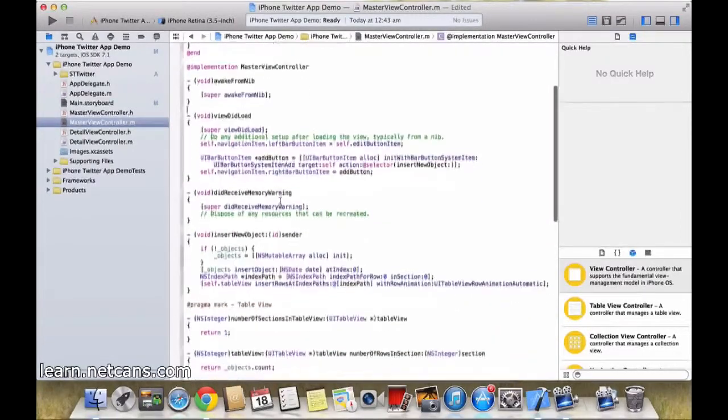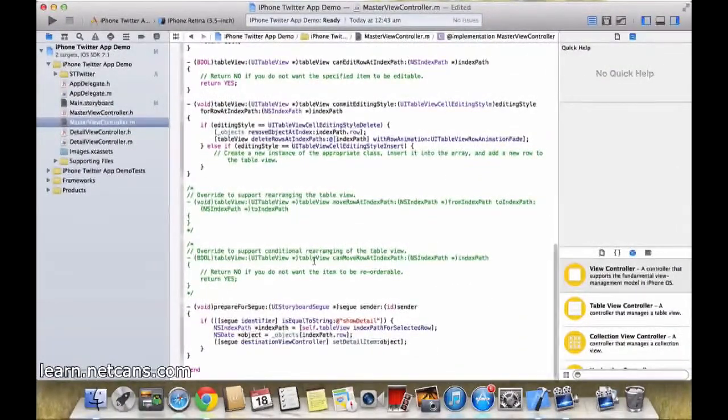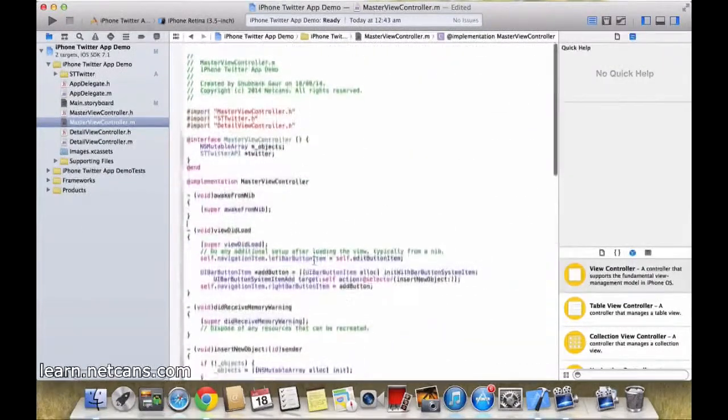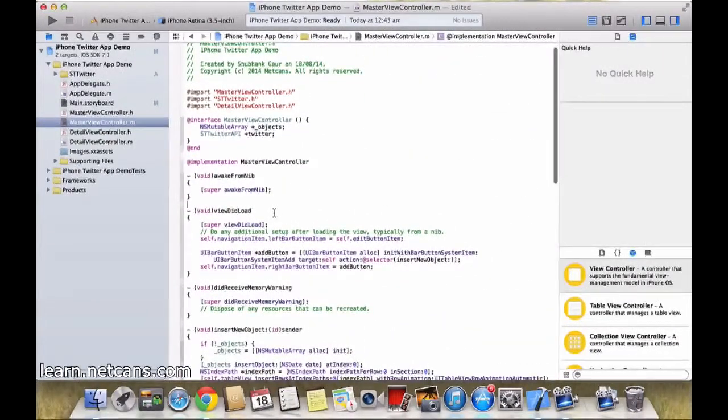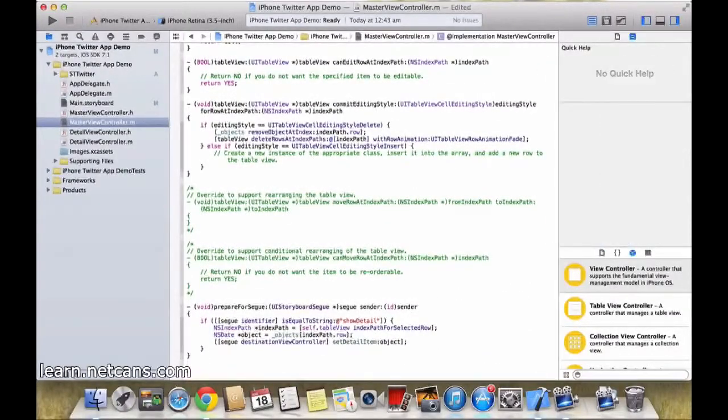For all of these authorizations and calls, I will be creating separate methods so that we can call those methods manually wherever we want. You should not do this in viewDidLoad, but it's a matter of preference.